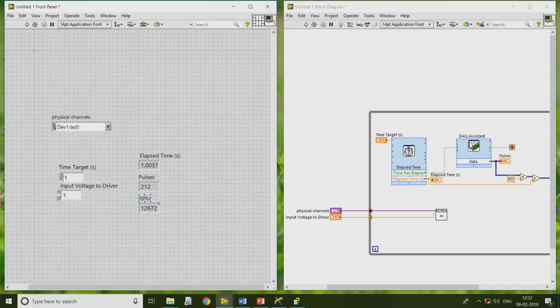Right. So, here we can see that when the input voltage to the driver is 1, the number of pulses we got is 212 and the RPM of the motor is 12,672, but with this we cannot understand much.